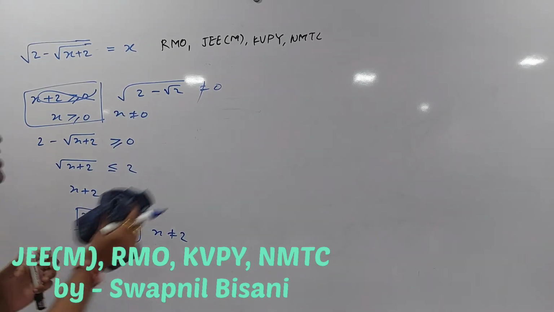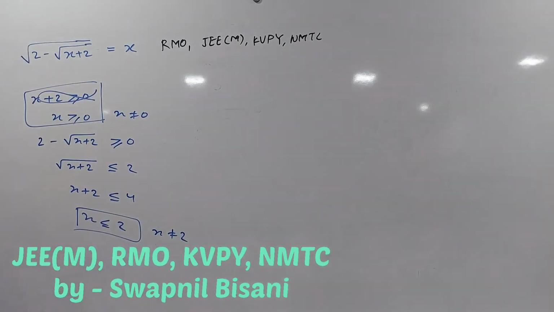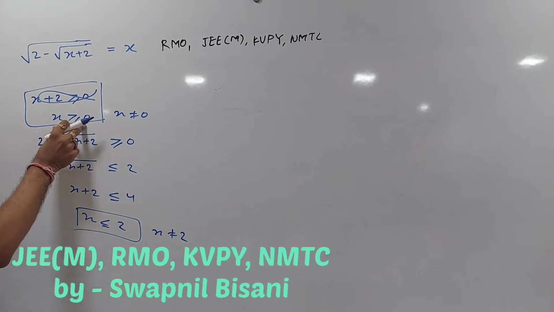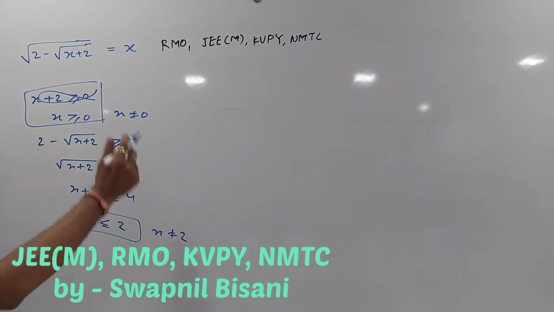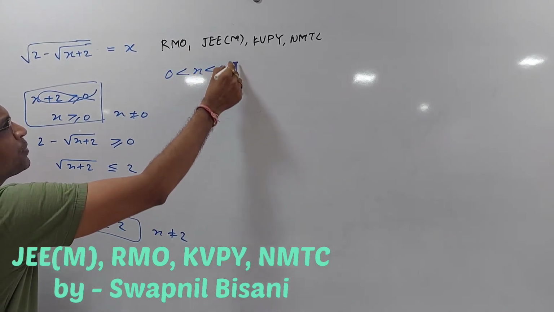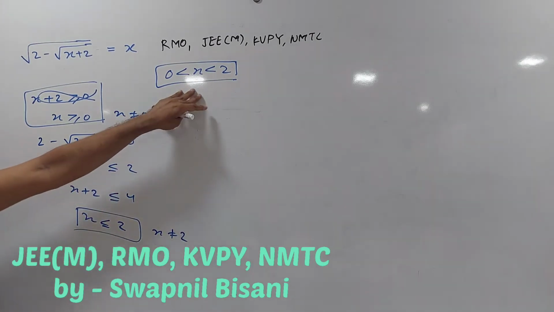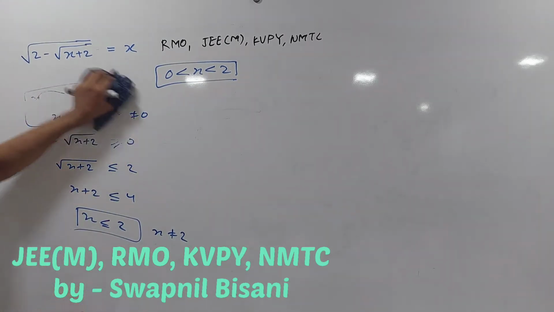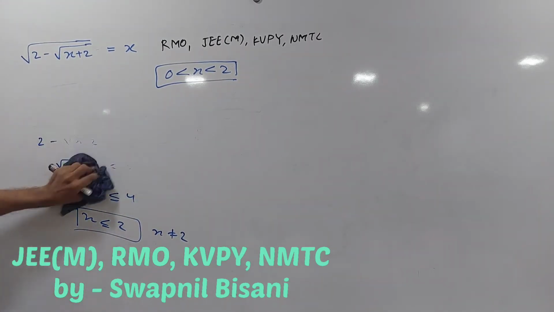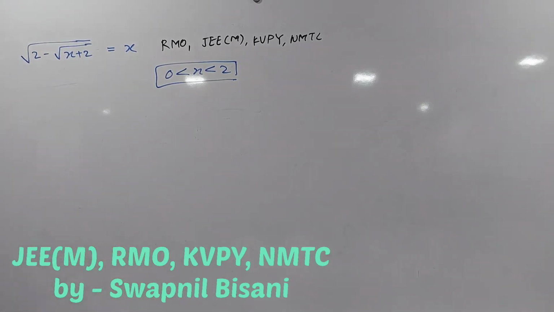So this is all; we have not yet started the question. We are just defining the domain for the value of x. So finally, x is less than or equal to 2 and x is greater than or equal to 0, with equality gone both ways. So ultimately I can conclude that my x is this. This will give me the final case. Whatever answer I am getting, I have to check in this range. Fine. So now we will start the question. Ultimately we have defined the domain of x in this particular question.